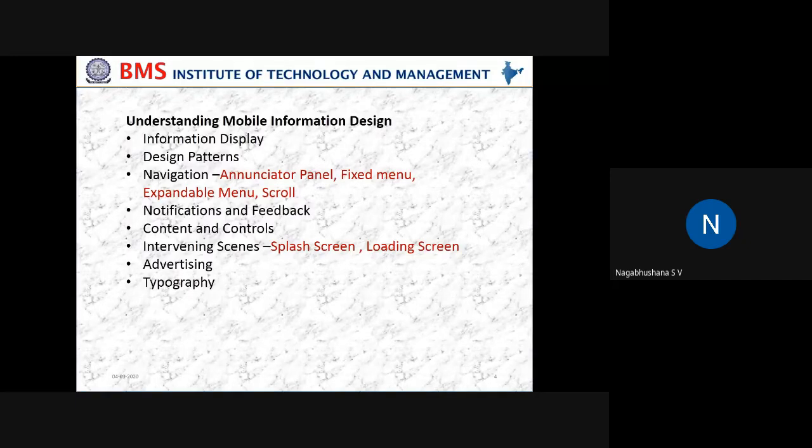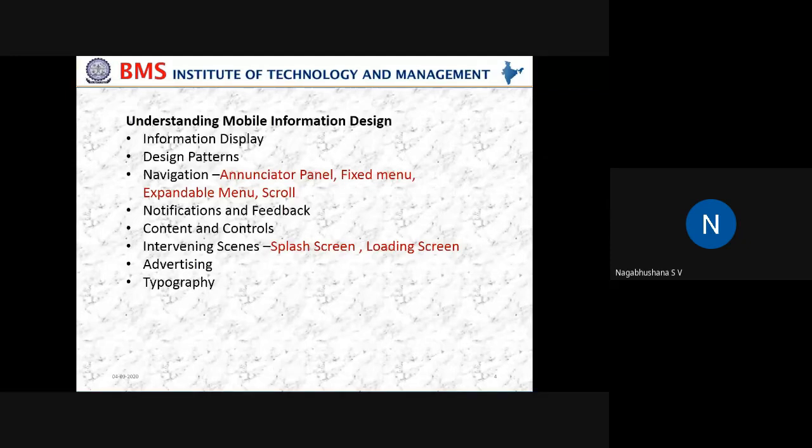An expandable menu is nothing but giving more information about the contents you are looking for. For example, I have settings. If I go to the settings icon, I will have connections, sound and vibrations, notifications, display, wallpapers, device maintenance, apps, biometrics, accessibility, and software updates.